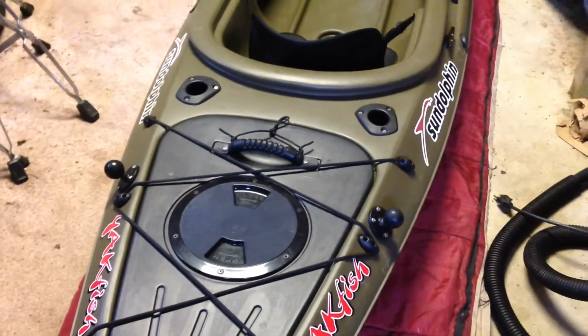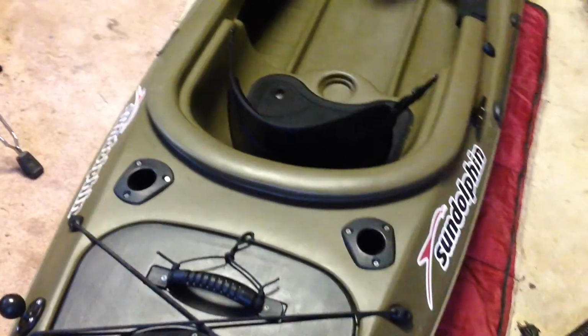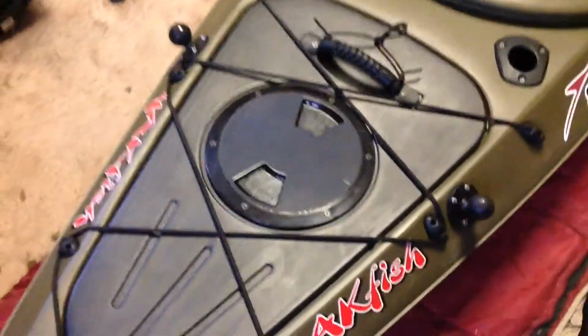Two more RAM mounts. I got RAM tubes for those, for my net, my gaff, my rod holders. Those came with the yak. This piece right here, it's pretty unique. It pulls out. This is a watertight seal in this, but it pulls out,